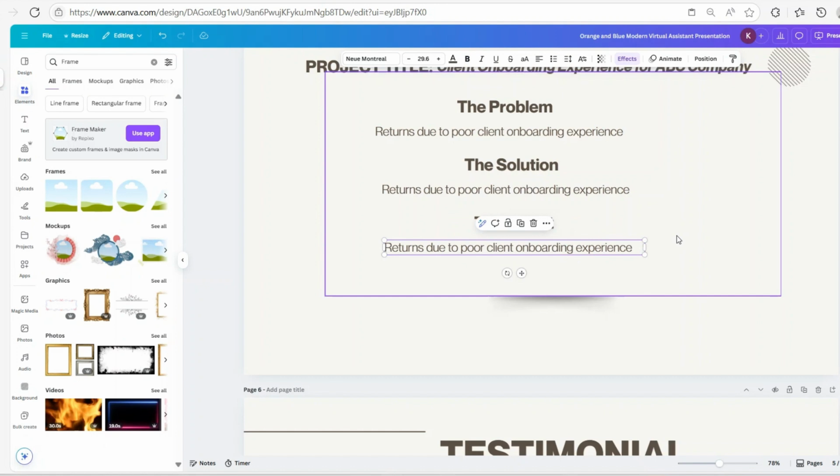You have to include measurable outcomes. For example, 100% reduction in return requests or maybe 15% increase in engagement. Those kinds of outcomes are what you want to portray. Measurable outcomes, not abstract outcomes. Then next you're going to